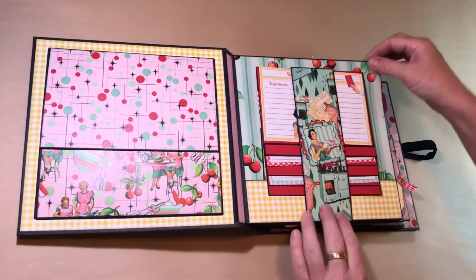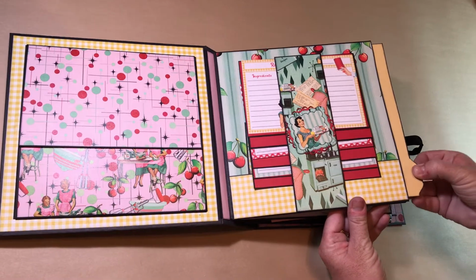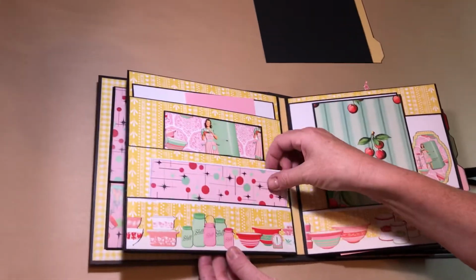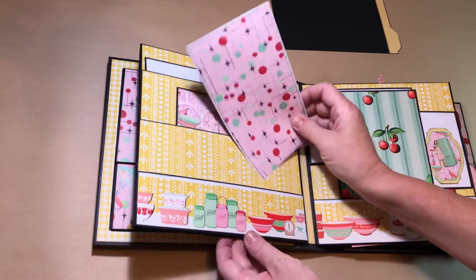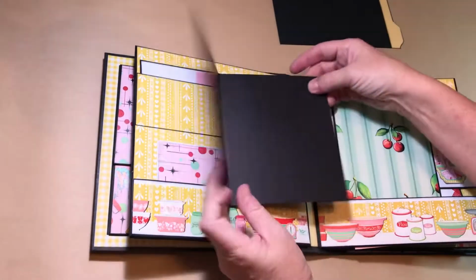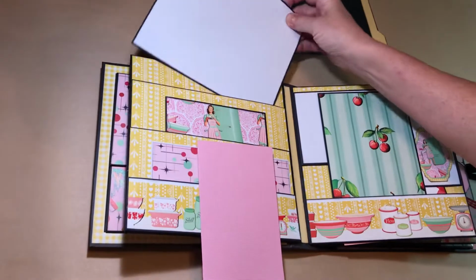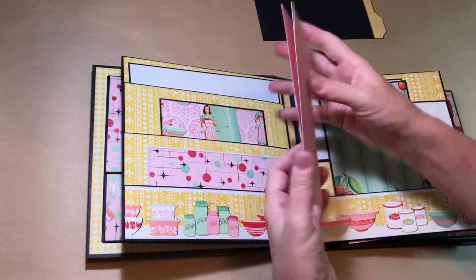That closes with a magnet. Each one is a pocket inside a pocket, so you're going to have one of these big cards in between each page. So you'll have 4 of those large cards. This is a triple pocket here. Everything is a little bit different, so that's a folding one. This one goes the opposite direction. And then these are just a couple. This one's just one card. Fits back down in there. And then this is just...